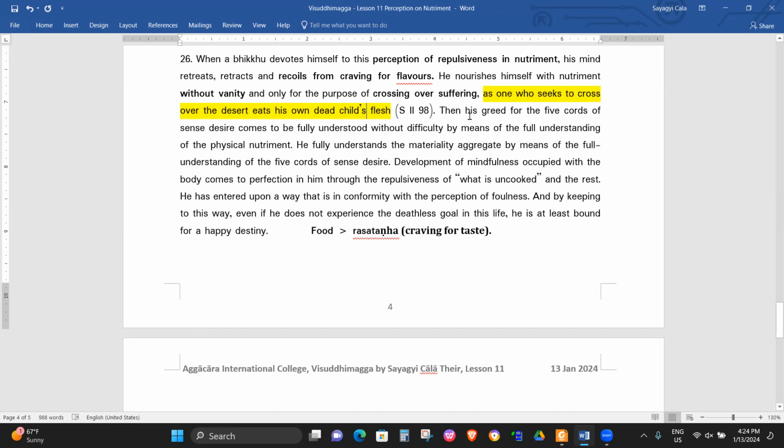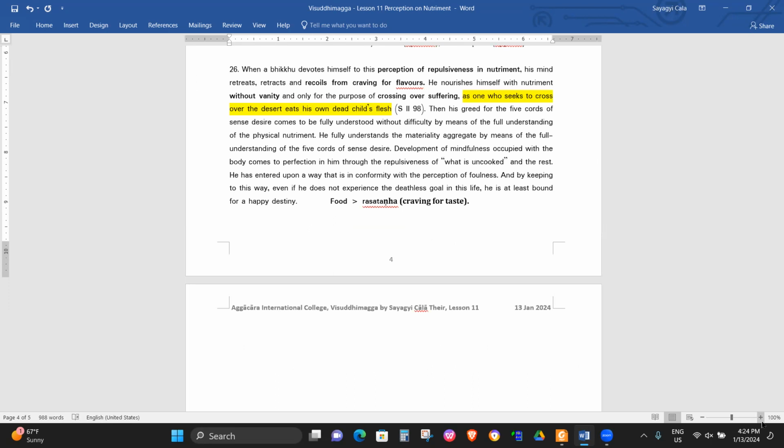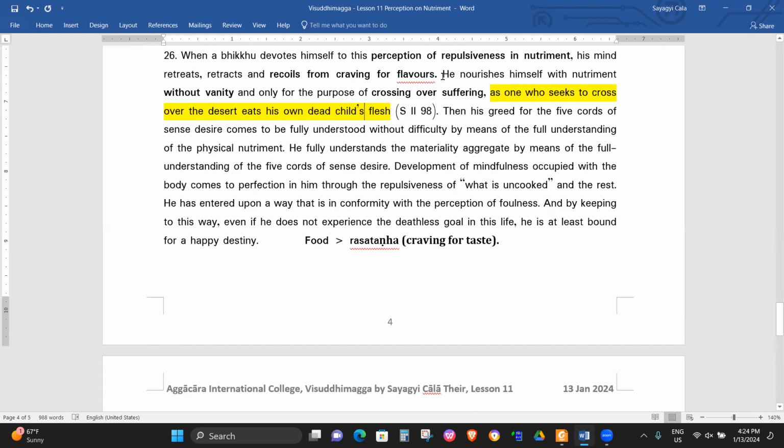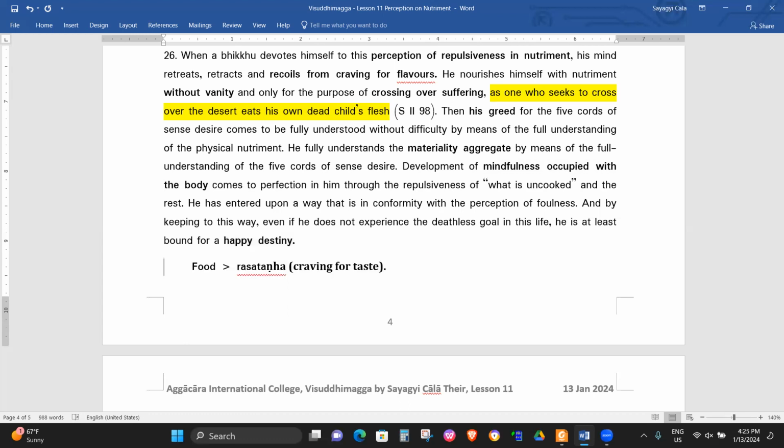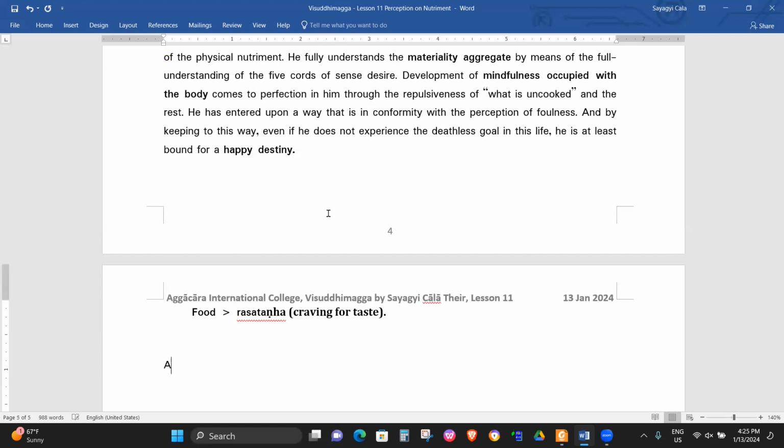All right. Then what else? Besides this, he also understands his own greed. He also understands the materiality aggregate, one of the five aggregates. And he also develops mindfulness occupied with the body. This is one of the meditations. So if he practices well, even if he doesn't gain enlightenment, at least he goes to a happy place. So that's why we say we may gain advantages